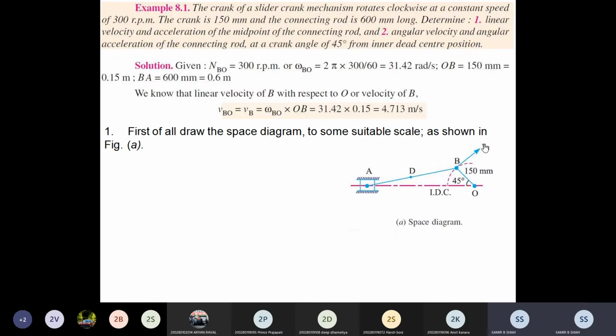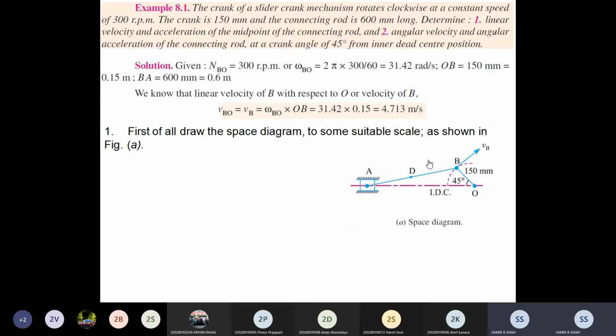Okay, if you have to find the magnitude, then the equation is velocity v is equal to r into omega, where r is the link length in meters. You have to remember that the link length is in meters, and omega means angular velocity in radians per second. Sometimes the speed is given to you. At that time, you have to find the angular velocity with the equation omega is equal to 2 pi N by 60. Okay, so you put the value of N, and you get the answer in radians per second.